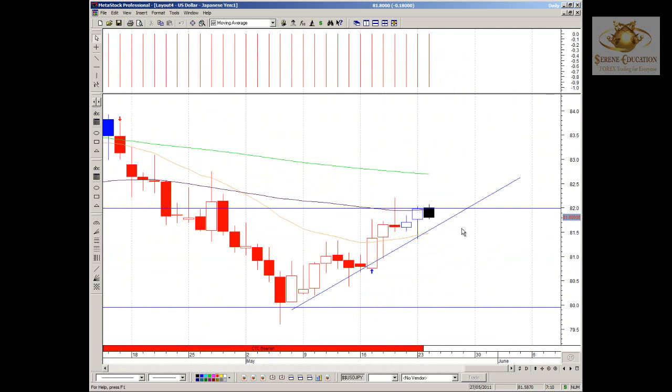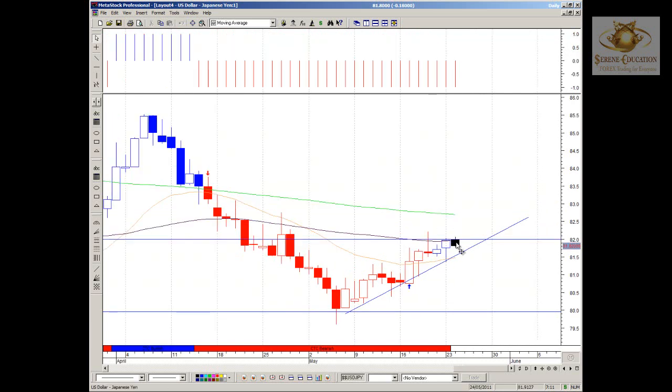Round figure and the 50 period moving average on a daily time frame. So all consolidating around this area. Yesterday quite a big trading range, closed at the higher end, and you've seen price fail to break higher than that and subsequently pull back. So what we need to see is a clear indication that price wants to continue to the upside, so we definitely want to see price trading higher and closing higher than 82.00 during the course of today, by the end of play today. Failure to do so would see this as a consolidation mark, and we could see price reverting to the